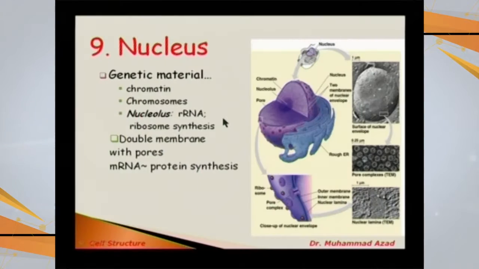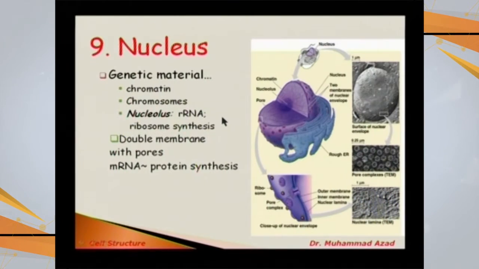Moving to our next very important organelle, that is the nucleus. The nucleus is basically the control center for all the activity of the cell. This is the mastermind that controls all the actions occurring in our body at the cellular level, as well as, later on, the combined effect giving any specific function. So, what is there inside the nucleus?